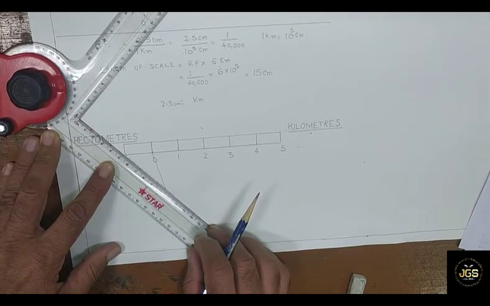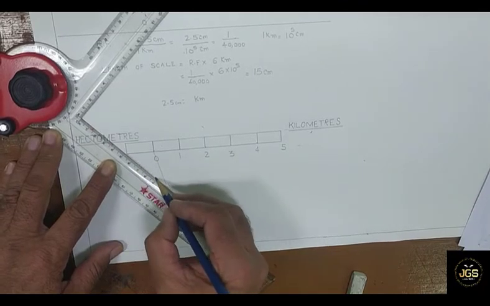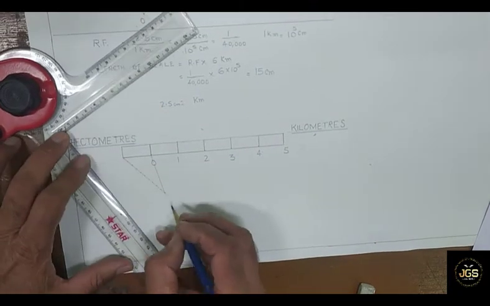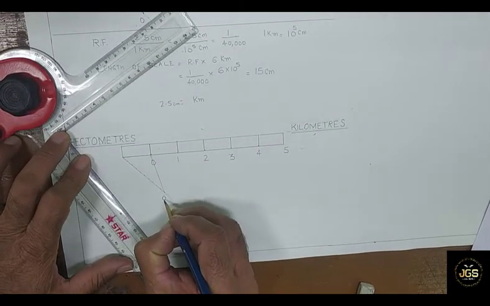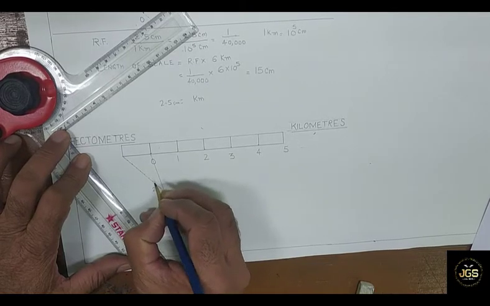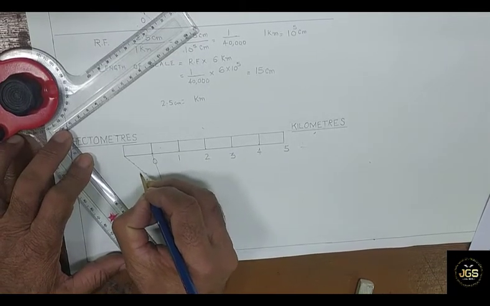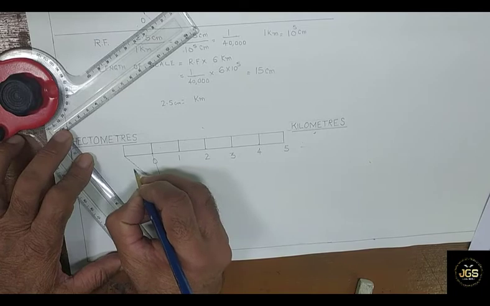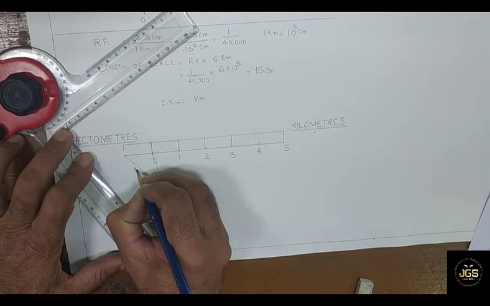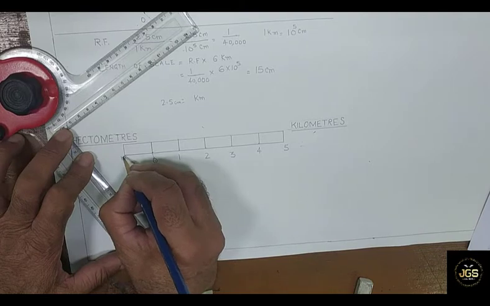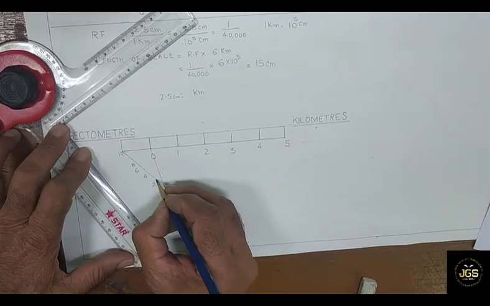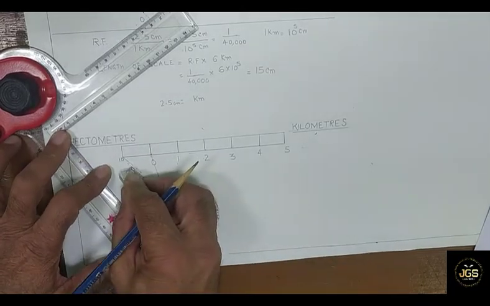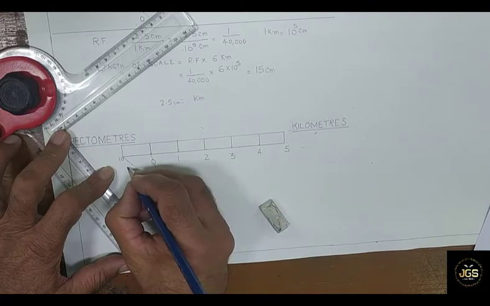Now you divide the first division into 10 equal parts. Draw an acute angle over here and mark on this line a distance of 5 millimeters. So I have divided this portion into 10 equal parts. Here you write down 0 over here. Then this is second division. This is 4. This is 6. This one is the 8th. And this one the 10th. So 2, 4, 6, 8, 10.